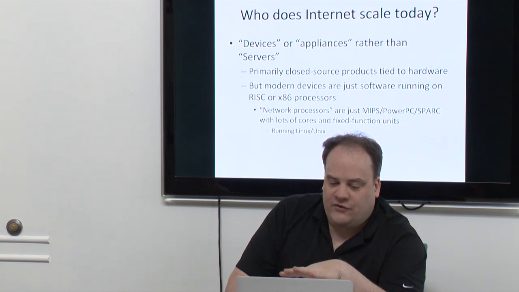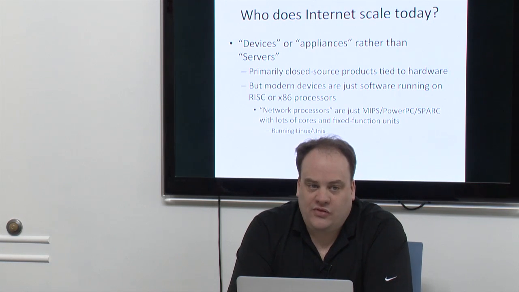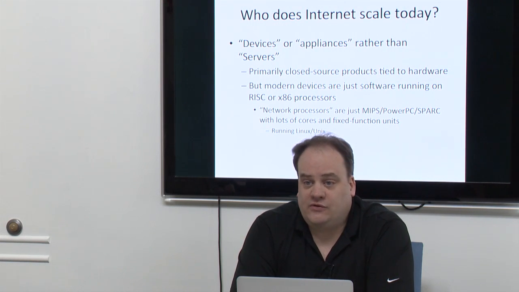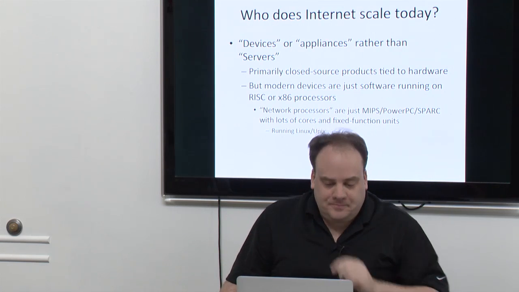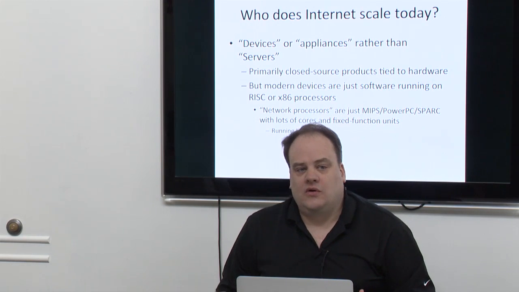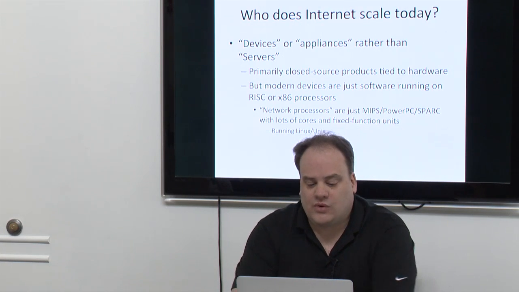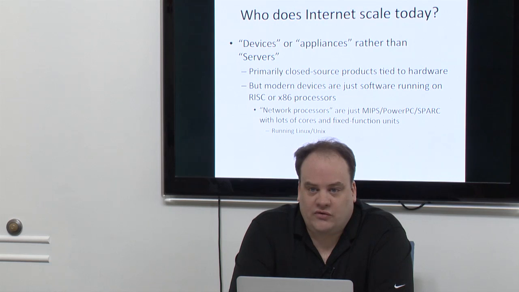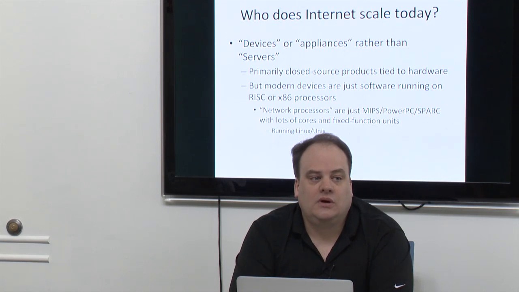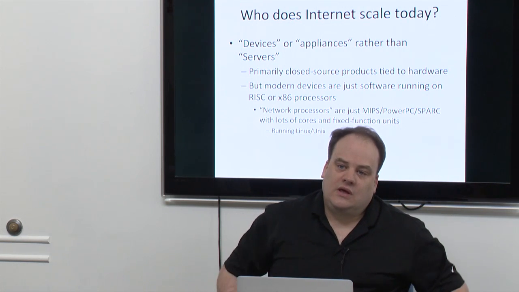So my talk is for people like us that write software on top of a standard x86 server. But there are devices that do this already in other ways, appliances or devices you plug into the network. These are positioned as hardware, as if they're doing everything with a custom ASIC or an FPGA, and all the magic is somehow done in hardware. In reality, these devices are generally just RISC processors running software. And if you pull open the boxes, sometimes you'll find just x86 processors.